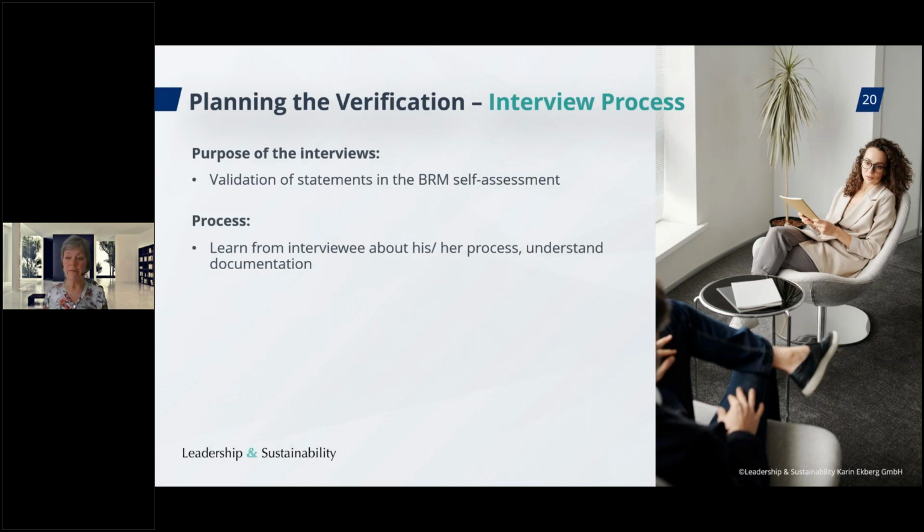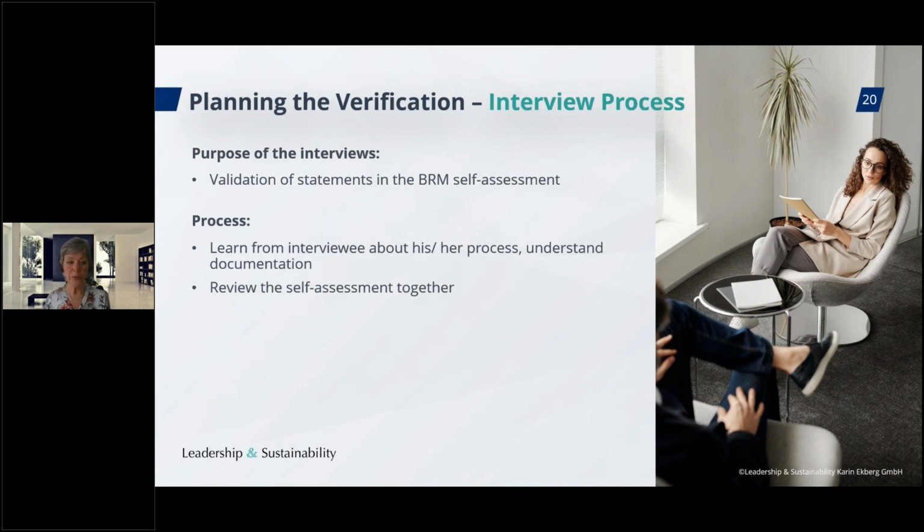So for every question, we would ask you to explain why you have responded in a certain manner, how your process works, which documentation you would like to show us. And then we walk online through these documents. So I, as a verifier, would open up that document, we would walk through it together, we would go back to the Higg portal, and mark up accurate or inaccurate, and any comments we want to add. And it is